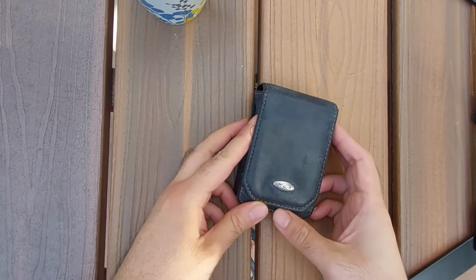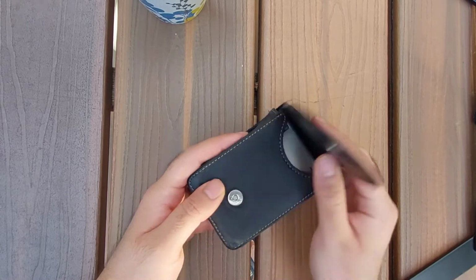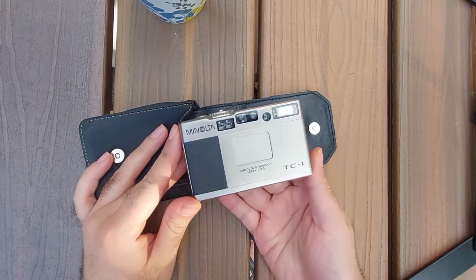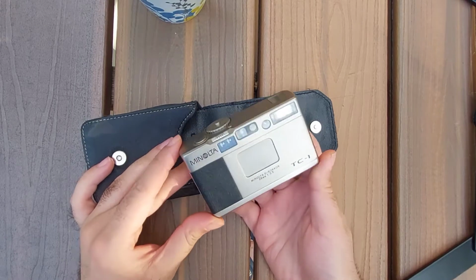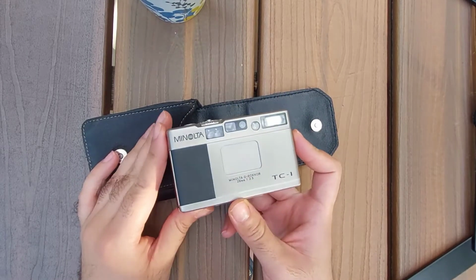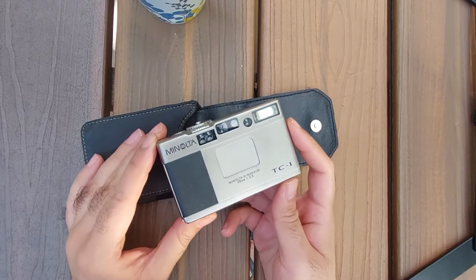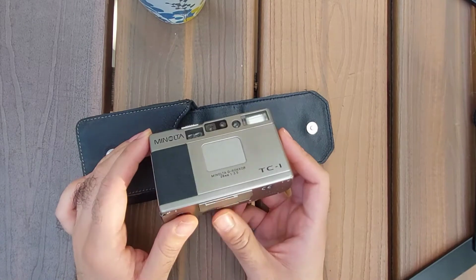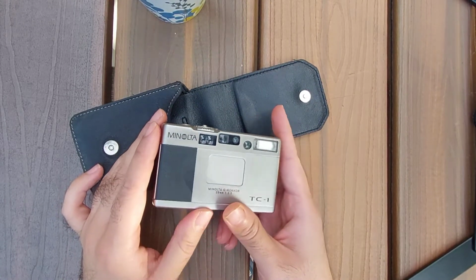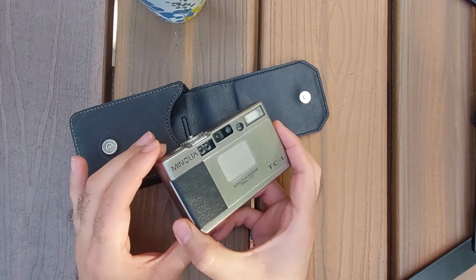Hey, so I wanted to give a really quick rundown on this new camera I just got. This is the Minolta TC-1. For those of you who follow the point and shoot scene, you know that this is a relatively luxurious camera. It doesn't go quite as high as the Contax T2 or the T3 or the Leica Minilux and so on, but it's quite premium. I managed to nab this for a little bit less than the usual asking prices,